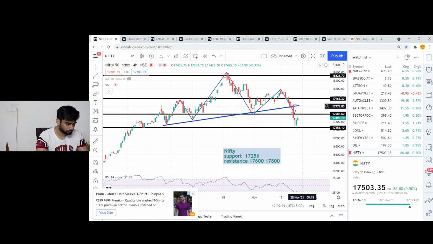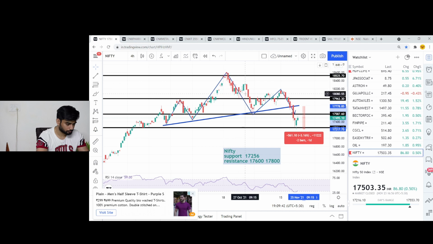and if we just measure the move which has happened after the breakout from the neckline, it is almost 3%. Let me tell you very clearly here, in a head and shoulder pattern, though experts expect that whatever is the height of the head is the probable target, there is another factor to it. The first target is always considered to be half the size of the head.